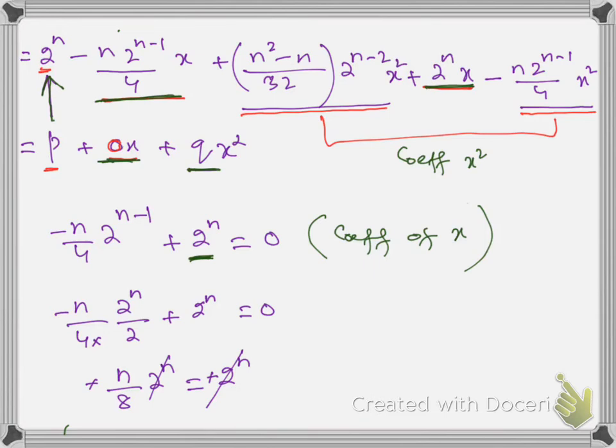Now you have to compare the coefficients of like powers of x of both the expansions. So I first compared the coefficients of x. This coefficient, this, and this. So I compared these two with 0x. Since there was no term in x in the given expansion, I wrote 0x here, so that I can compare these two coefficients with this 0. So when I compared these two and I solved this equation, I got